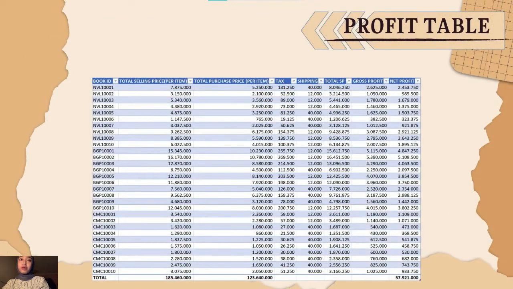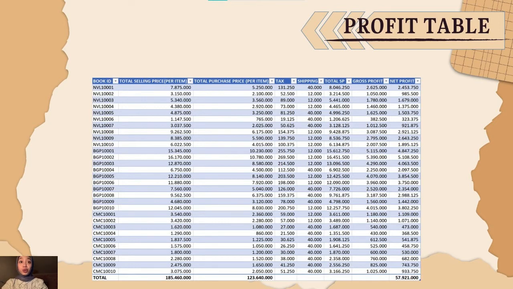Okay, last from me is the profit table. In the profit table, there are book ID, total selling price per item, total purchase price per item, tax, shipping, total SP, gross profit, and net profit. For total selling price, we use VLOOKUP. It's from book sold in month. For total purchase price, we use VLOOKUP too. We use it from book